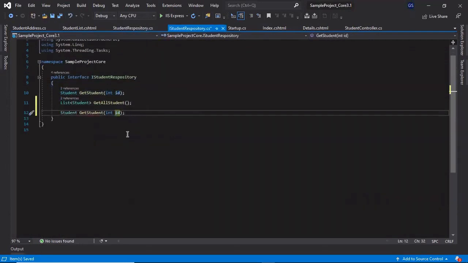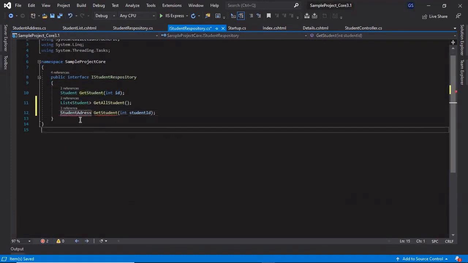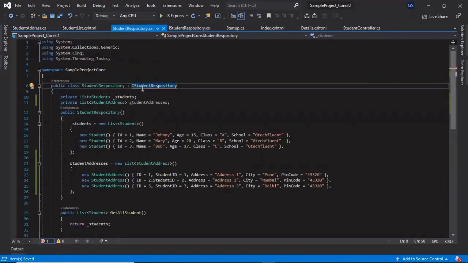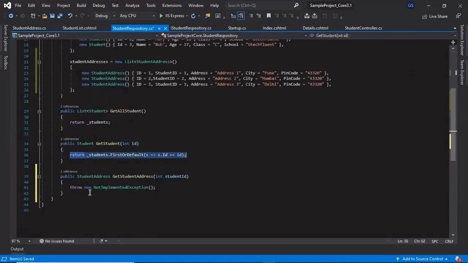It will take the student ID as a parameter and return the student address object, and we'll call it GetStudentAddress. Let's go to the repository and from here return the address object.